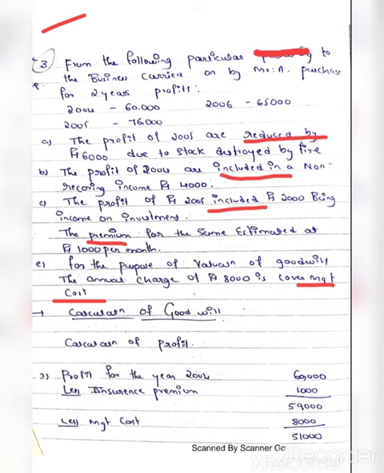Okay, so next, adjustment related information. First point: the profit of 2005 is reduced by rupees 6,000 due to the stock destroyed by fire. Means in this case a reducing word is given, right? So I am already underlining here. See guys, reducing by rupees 6,000 due to stock destroyed means stock is reduced. So you have to take the rule: reduce means it is a less word, so you take the opposite, it is an add. Destroyed means it is a repair related to any asset.